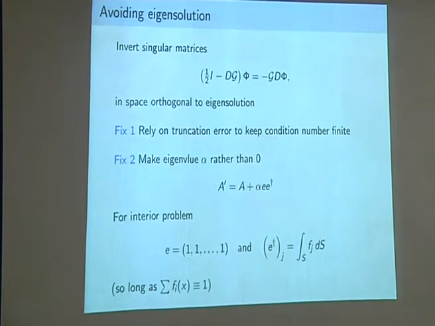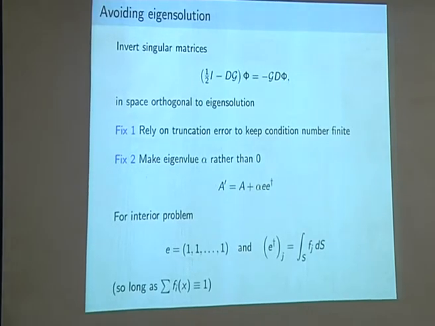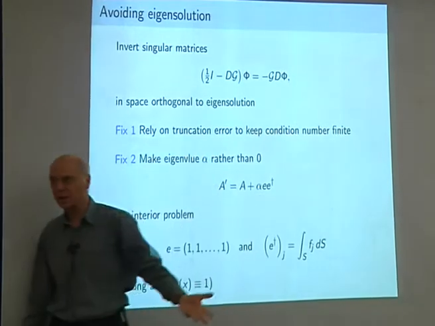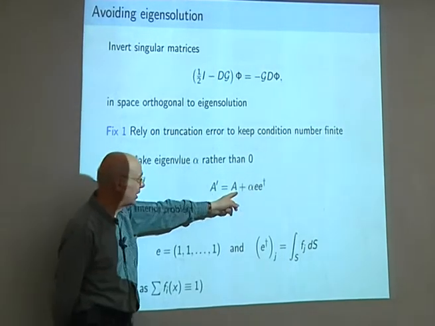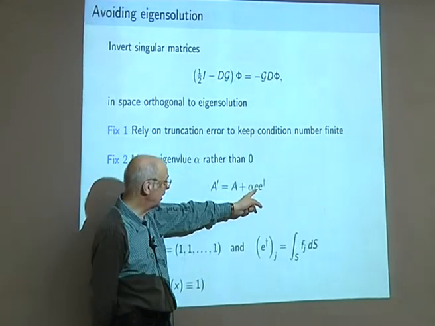But you don't do that. So one thing is, my very bad research student just relied on the fact that he didn't get these matrix elements very accurately, so it wasn't quite singular, and then he inverted, and it nearly worked. Don't do that. So my trick is, if you've got a matrix A which is singular,